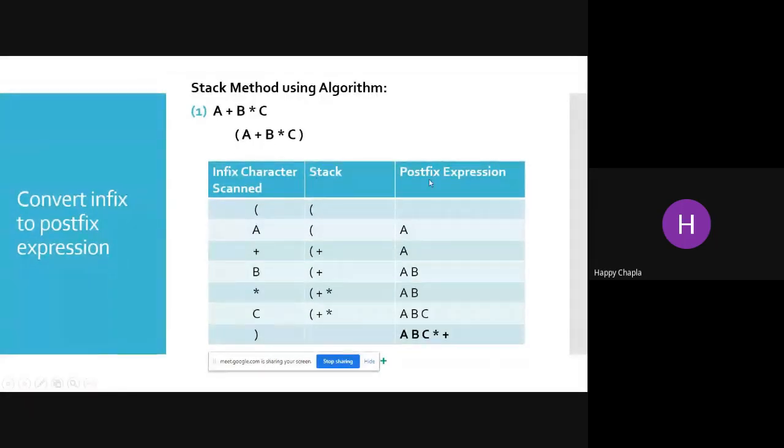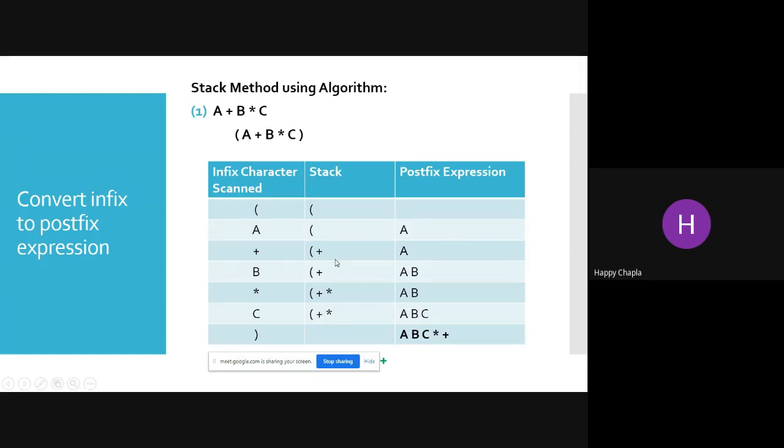We have three columns: infix characters, which we check one by one to decide whether to put into the stack or directly into the postfix expression. So that's why I have three columns.